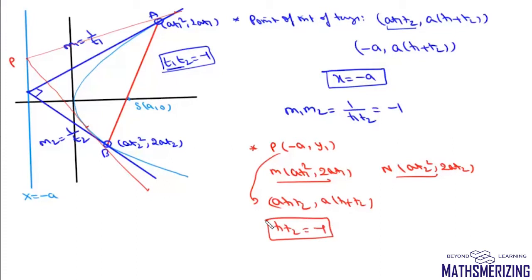So it simply means if a pair of tangents are drawn from any point on directrix, then the chord of contact will always be a focal chord. And then again, in the same way, we can prove that m1 is 1 upon t1, m2 is 1 upon t2. So m1 into m2 will be -1. So I'll revise again. The fundamental is if tangents are drawn at the end points of a focal chord, then these tangents will be perpendicular and they'll intersect at directrix of a parabola.